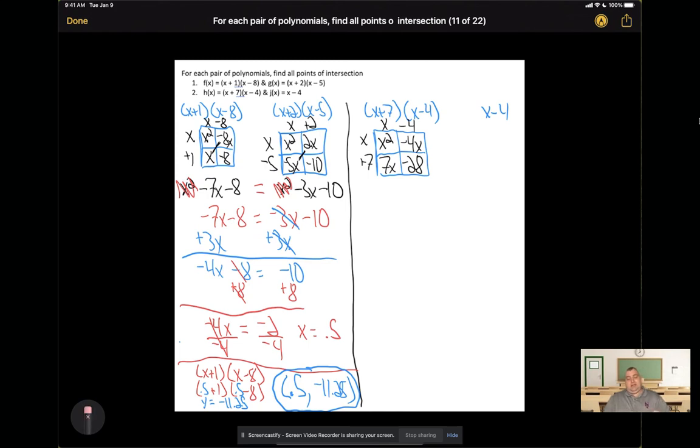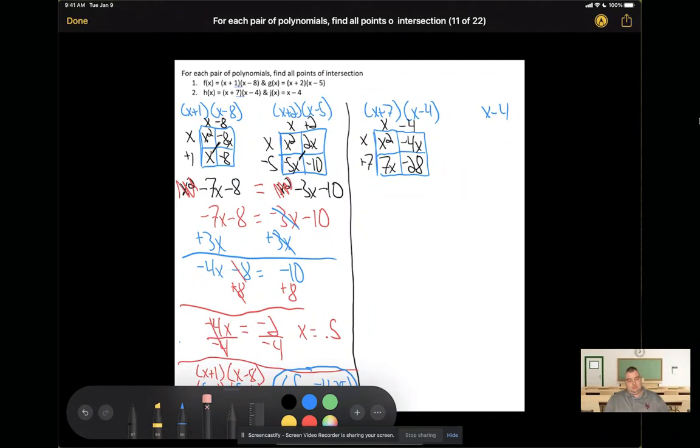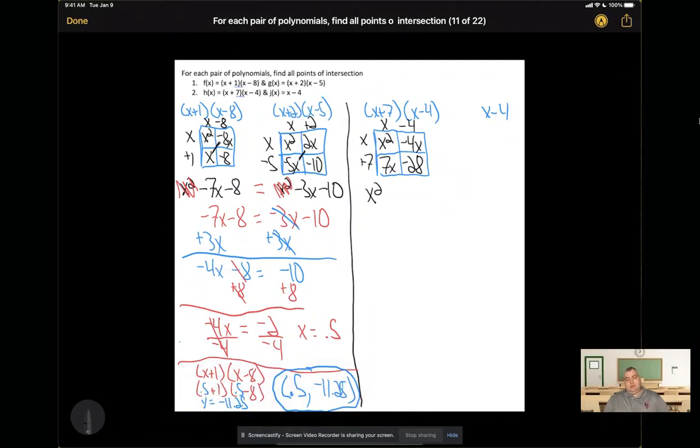So this gives me x squared, negative 4x and positive 7x is going to give me a positive 3x minus 28. So that's the standard form for the first polynomial. The second polynomial is interesting because it's just x minus 4. That is already in standard form. I don't need to do any box method. So x minus 4 is already in standard form, which means I can go ahead and set these two polynomials